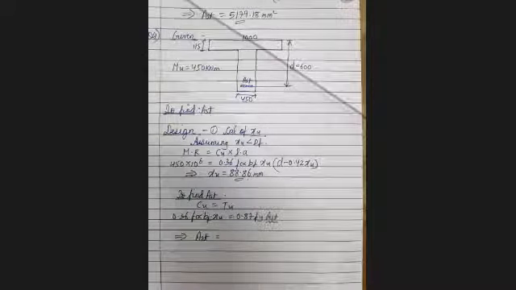So in the next lecture, we will do some more design problems, and then we will start with the doubly reinforced section. So in T-beam, what we were doing was the singly reinforced T-beams. In the next lecture, tomorrow we have a lecture, morning 9 to 11. So tomorrow we will start with the doubly reinforced T section after doing one more problem on the design. Is this clear, everyone?